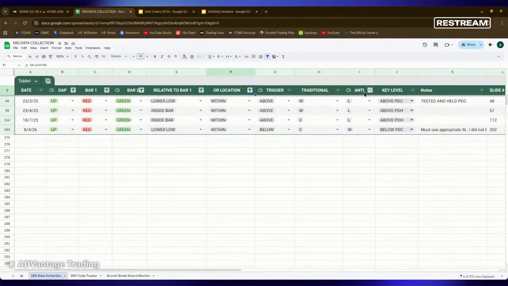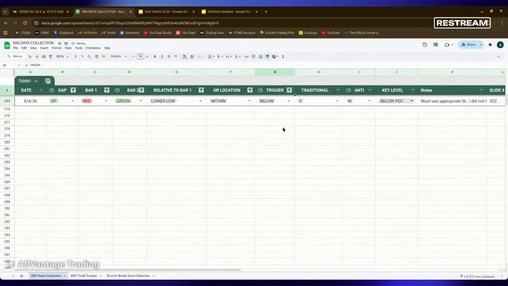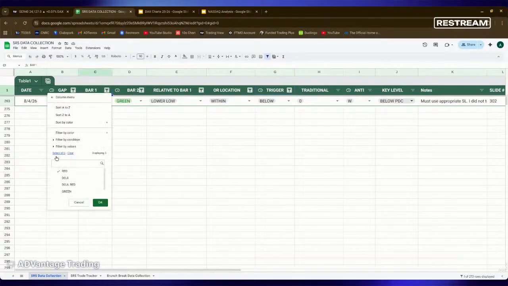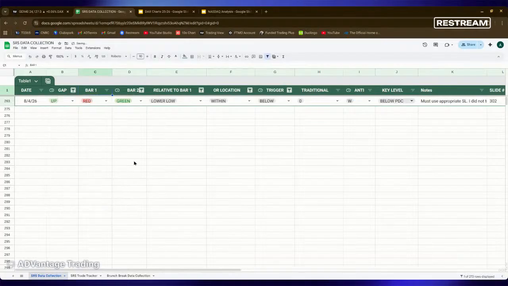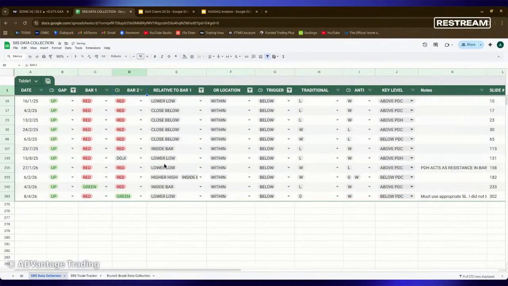So what you're going to see here is there is not going to be any prior examples. So when I get no prior examples, this is the 8th itself, I tend to mess around, remove a couple of variables to see if we can get anything more. So let's say we don't really care what the first bar looks like. Do we get any more examples? No, we don't. Okay, let's say we also don't care what the second bar looks like. Do we get any examples? Okay. So now we get some more